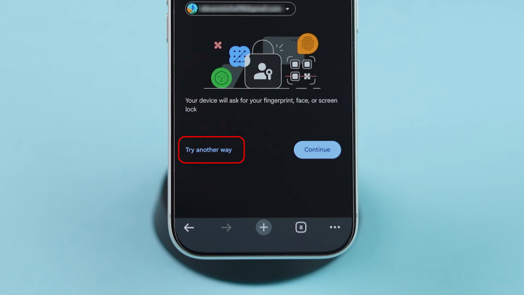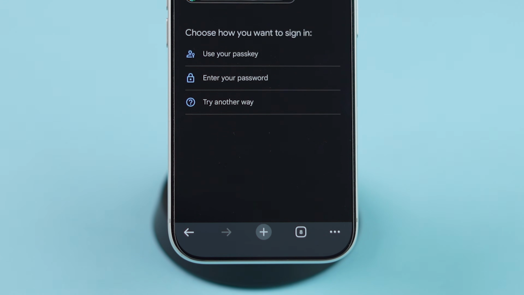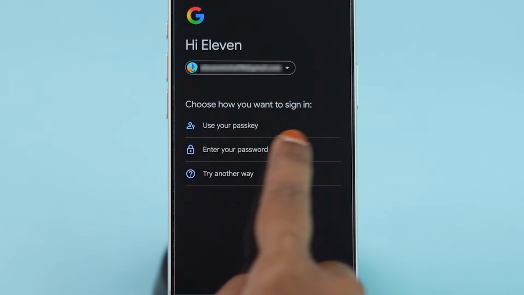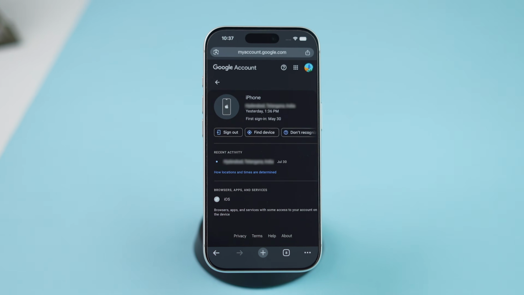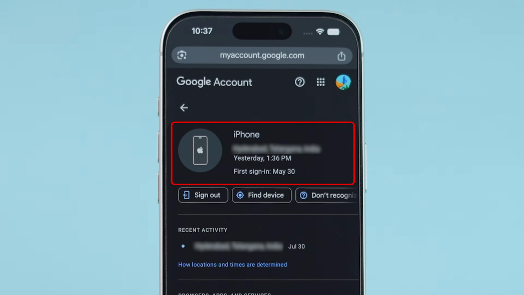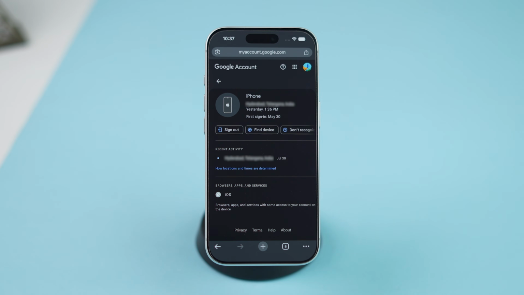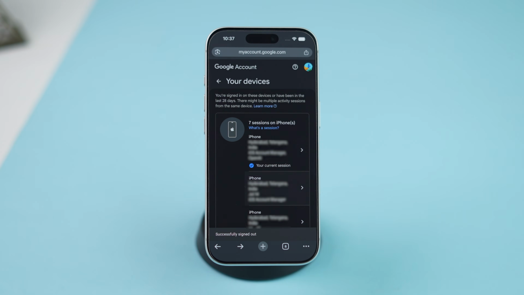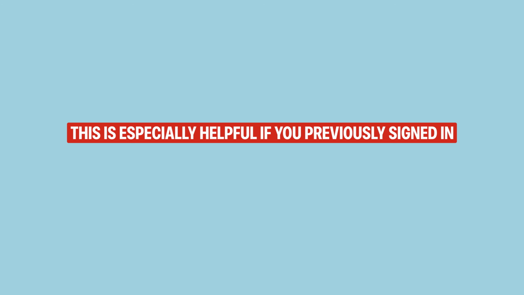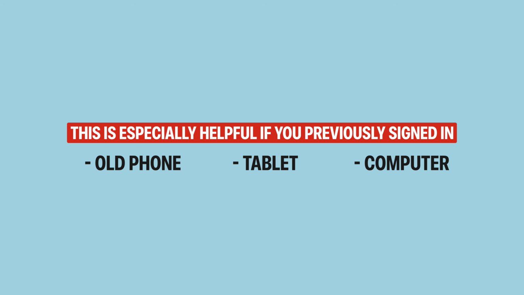If needed, tap Try Another Way. Then select Enter Your Passcode. Enter your device passcode to continue. You'll now see additional information, including when and where the device signed in. If the device isn't yours, tap Sign Out to remove its access immediately. This is especially helpful if you previously signed in on an old phone, tablet, or computer that you no longer